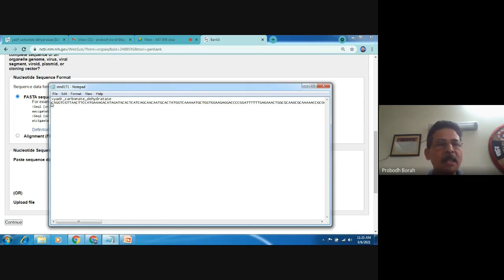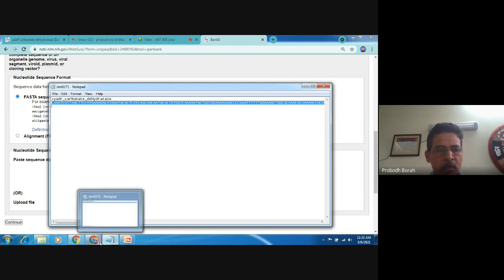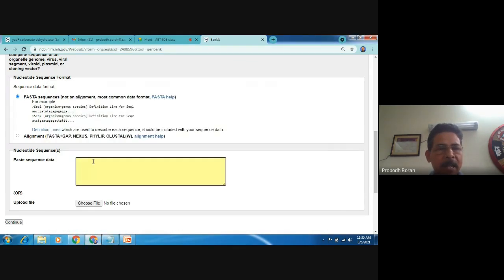Suppose this sequence now we want to submit. We'll select the sequence. For the purpose of only testing, we will select only a part of the sequence. Okay, copy it, then go back to BankIt and click here and paste it here. So the sequence has been pasted.